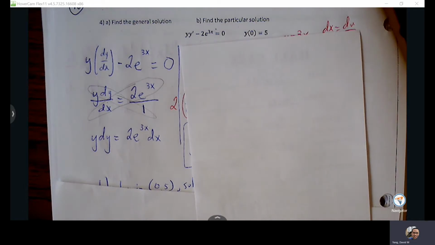So my suggestion is when you get down to the general solution, leave it as y squared. If you can just have that left side be y squared, I think that's good enough. Otherwise, you've got to deal with the square root and wait until we do the square root. So just try to get to that y squared equals, and then that is good enough for general solution,